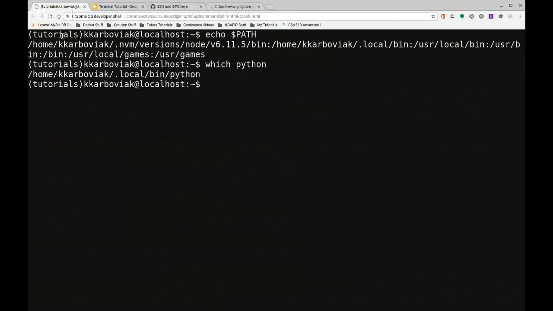So there could be one here in user local bin, and I could also have one in my home directory .local/bin. And this one in .local/bin would trump the other one because it comes first in the list. So to actually see that happen,